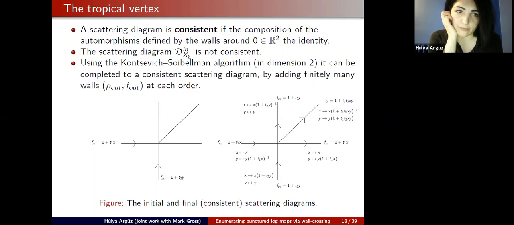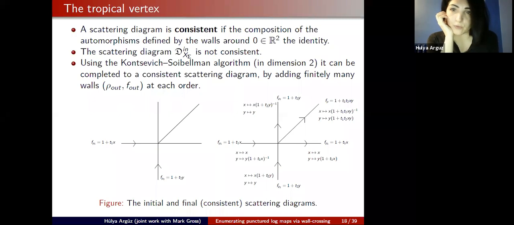If you do this, if you just impose these functions 1 plus tix on the rays where you will do something non-trivial, where you will blow up, this is the initial scattering diagram, and this is not going to be consistent. But there's a nice algorithm defined by Kontsevich-Soibelman in dimension 2, saying that you can just add more and more and more walls to your scattering diagram, and you can associate to these walls some wall crossing functions and turn your scattering diagram